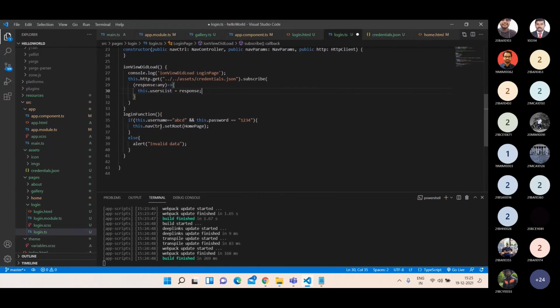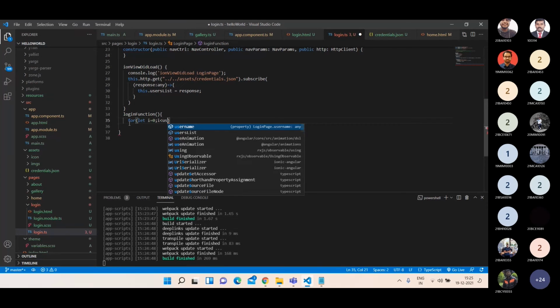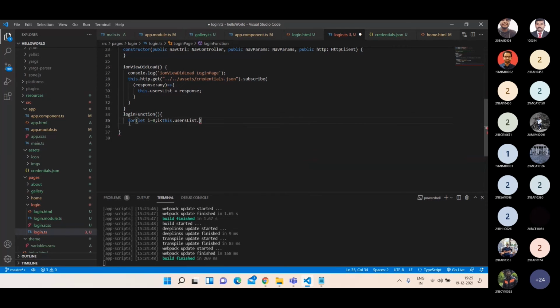So once the user clicks the login button, I'm going to write for let i is equal to 0, i less than usersList.length, i plus plus, just a for loop.